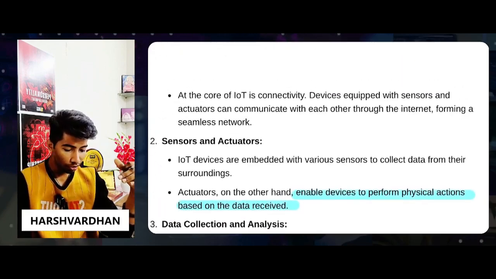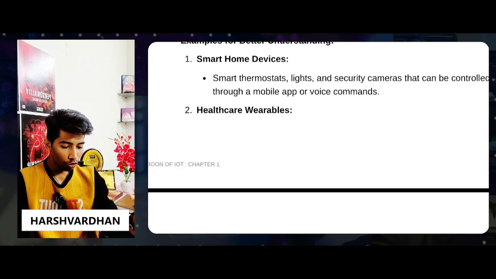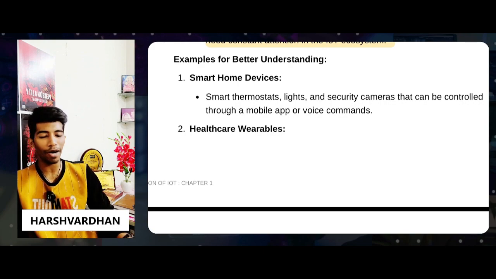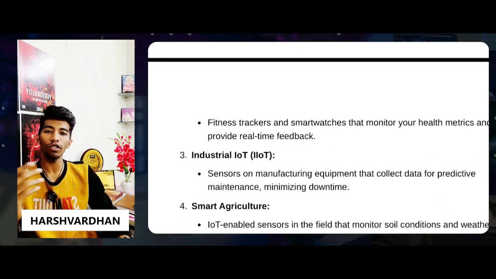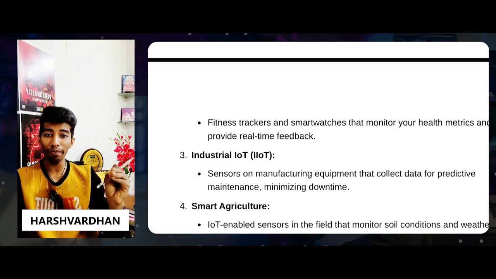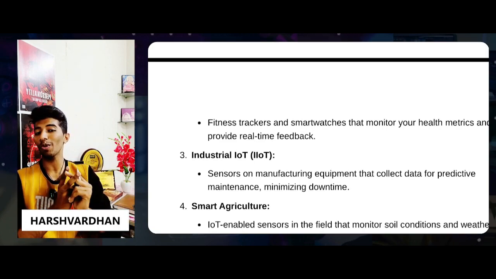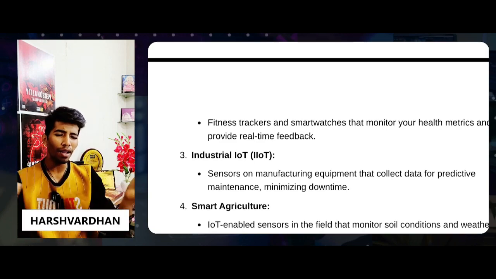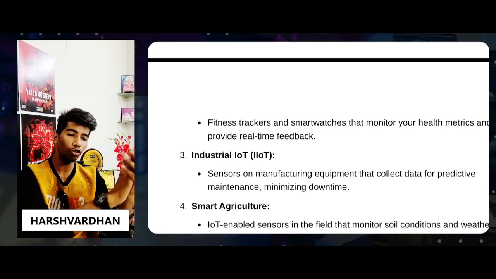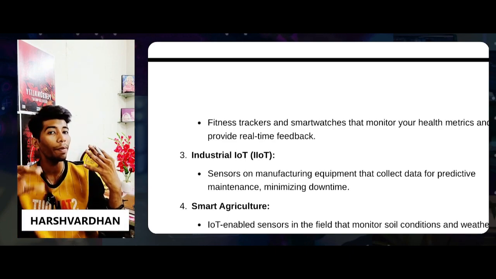Talking about the next things, I hope you all have understood what I have talked about. There are some examples like smart home devices, which we have already discussed in the case study part. Healthcare wearables, we are already using, like smart watches, which are nowadays getting very popular. Many companies are there. Pebble is also giving you the best smart watches. Boat is also providing the same. Samsung, Apple, even companies like Digitech are now going for smart solutions as well. So many companies are coming into the market nowadays which are providing better IoT based solutions.